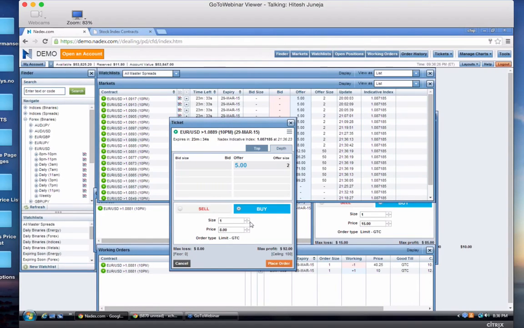So if 23 minutes and 33 seconds from now, the price of Euro USD is above 1.0889, that means it closed above the strike price, and the buyer wins because the buyer said it'll be above. Buying means that he's saying it'll be in favor of this, and therefore the buyer will win. In this scenario, the buyer would spend $8 but can make up to $92. That's why the more unlikely the scenario, the better it is. The stronger the trend reversal, the better it is.